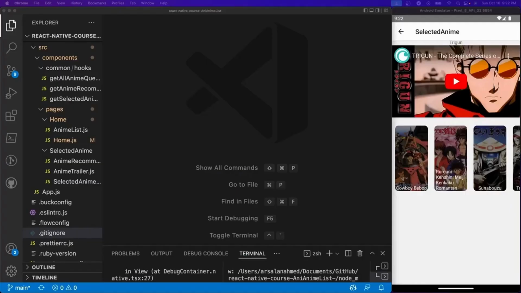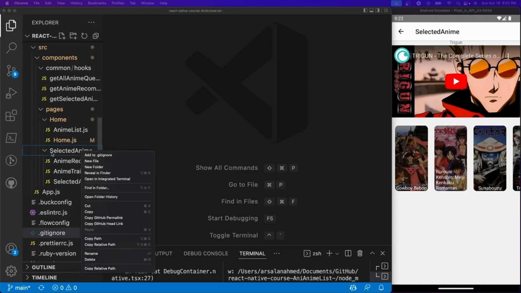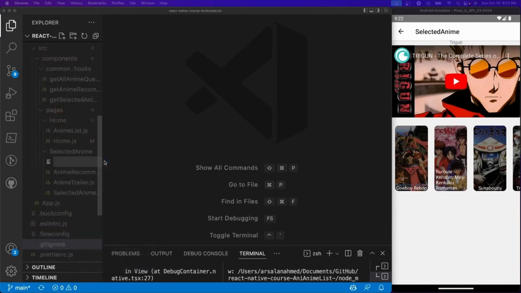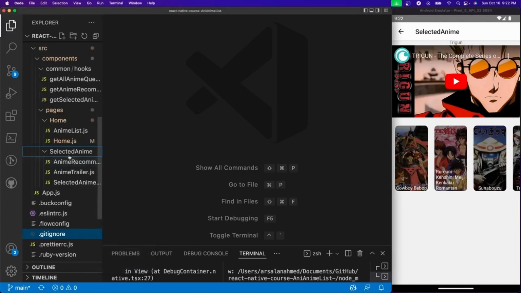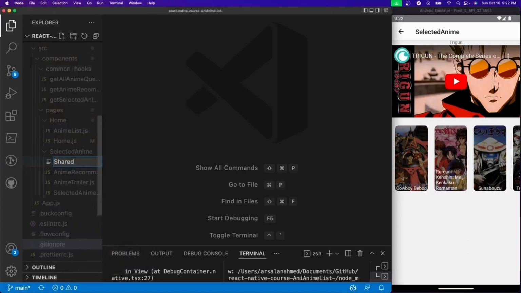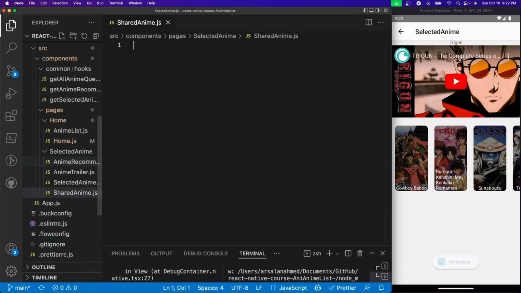Alright, so go ahead and open up your VS Code, and the first thing that we're going to do is create a new file underneath our selected anime file. We're going to call it shared anime.js. And inside of here is where we're going to handle all of the functionality to be able to share a